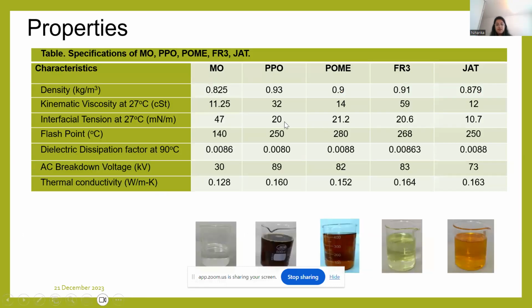Here are some of the basic properties of mineral oil and pongamia oil. This is the pongamia pinnata oil, which is the crude form. Then we converted it to pongamia methyl ester, so we can see how some of the properties have changed. And this is FR3, which is the commercially available vegetable oil from soybean seeds, developed by Cargill. Then this is the Jatropha oil, which is another form of natural ester oil, which we procured from some local vendors to compare the properties with the mineral oil and all other natural ester oils.